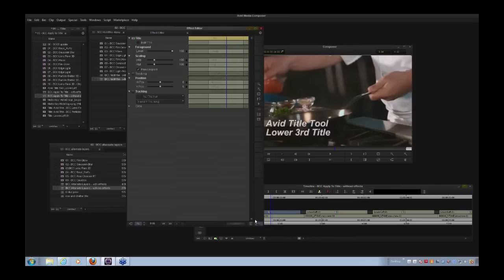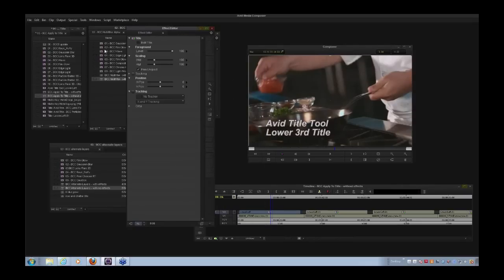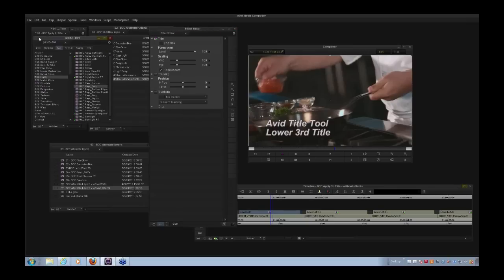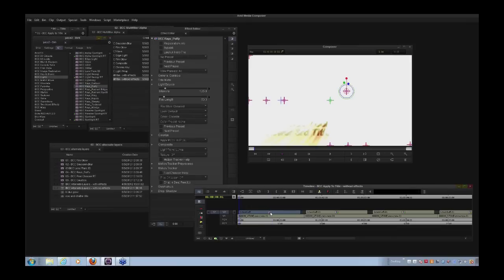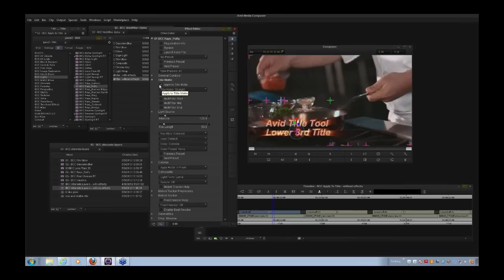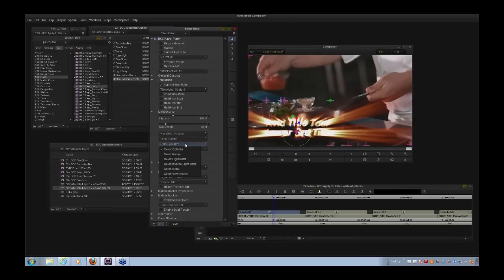As I said, when I was nesting it just then, I alt dragged it, and those of you who use Media Composer are probably familiar with doing that. But this time I'm going to take this rays effect, and rather than holding down the modifier key, I'm just going to drag it and drop it right on here. By default that looks like it must be wrong, but it's actually not. Because here in effect mode, if I open up this title map group and check this checkbox that says apply to title map, now we have what is likely the effect that we really wanted, which is that just the title is affected